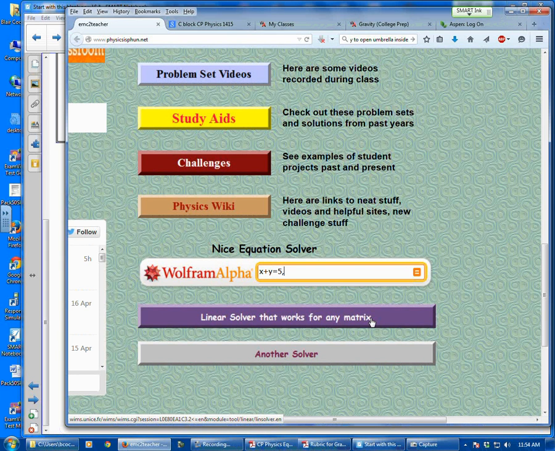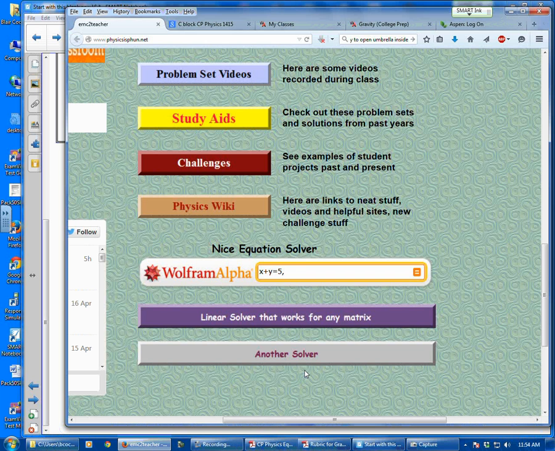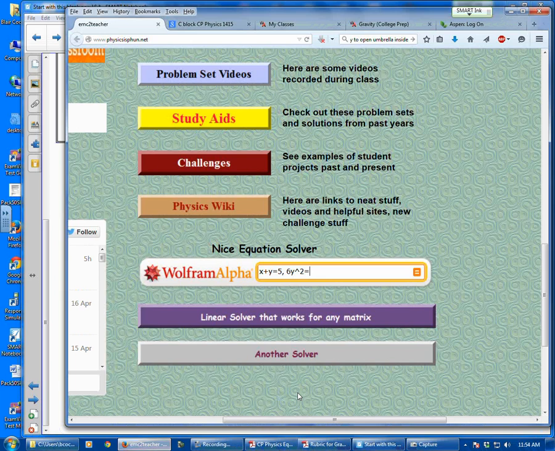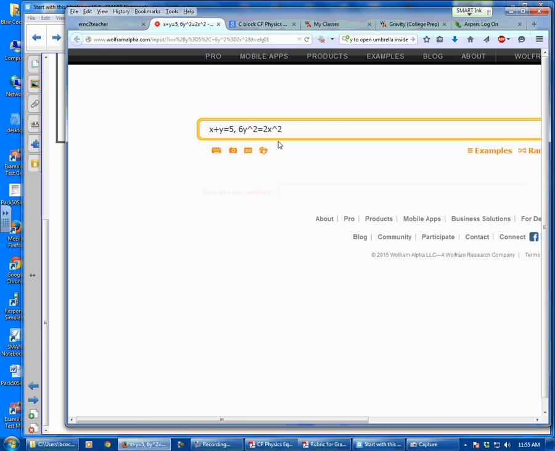Then I'm going to put a comma, and put in my next equation, which is 6y caret 2 equals 2x squared. I tend to put comma space, I don't know if it needs the space. Then I hit equals. And I look at them and I make sure